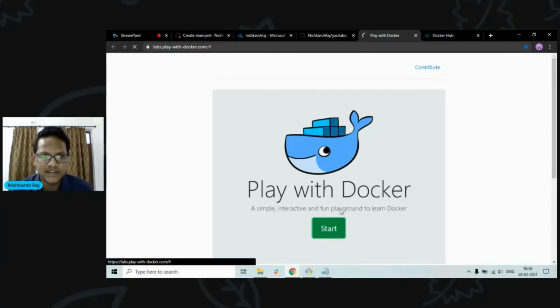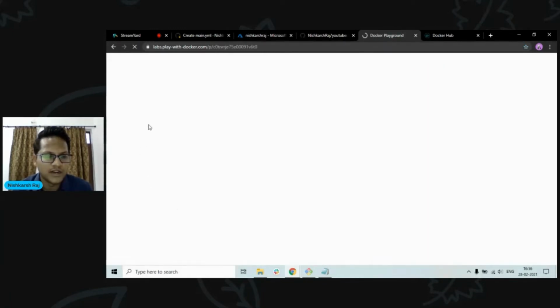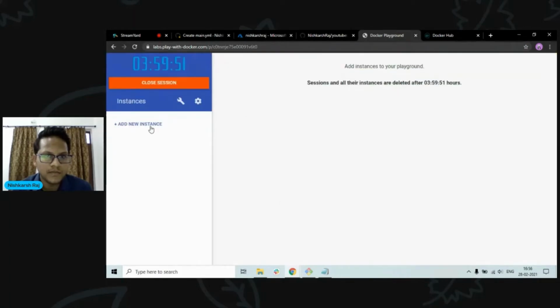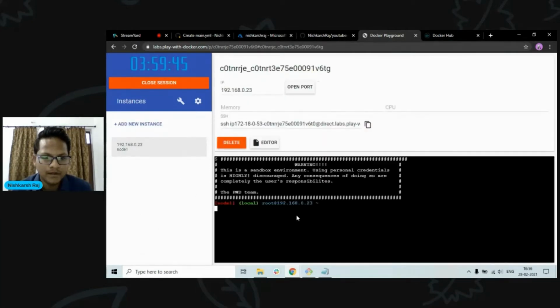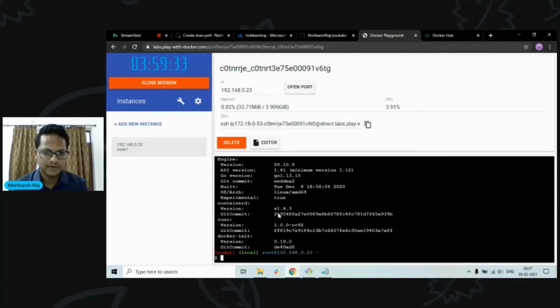You can always restart the session and you will get the 4 hours again. Okay, so add an instance. Now we have an environment where we can run our Docker images without installing it on the parent OS. Type in docker version, and Docker is installed here.